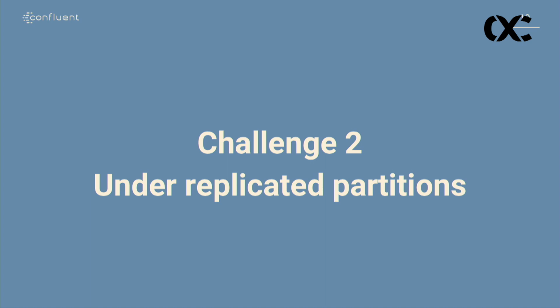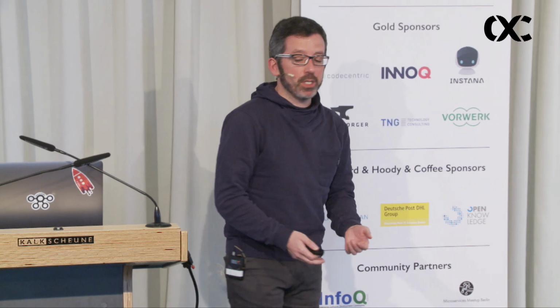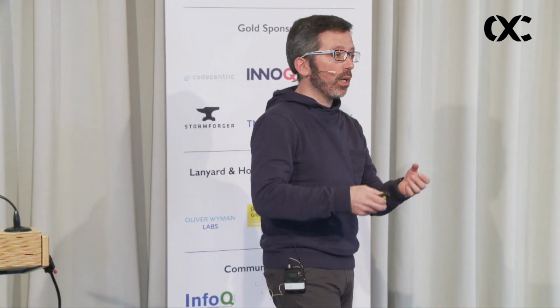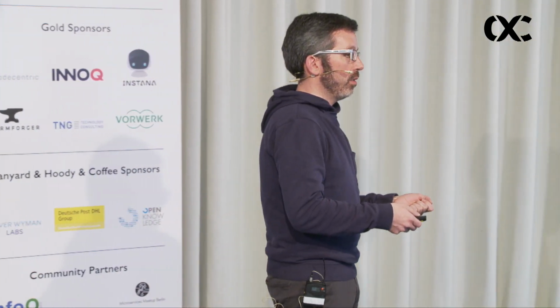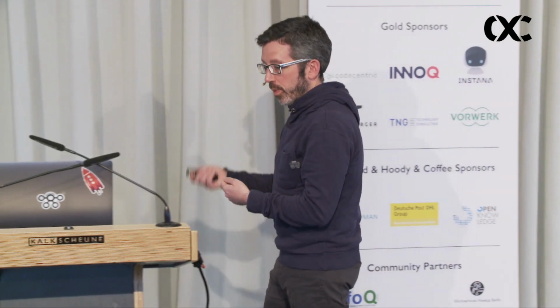The second challenge is to understand the replication, the under-replicated partitions. Because partitions get replicated, there can be situations where the partition is not fully replicated. So usually the way it works is all writes and reads go to the primary, to the leader of the replica. Okay? All writes and reads. So all the work is being done by the leader. Okay? Then the replication process kicks in. So whenever there is a write, the replica fetcher thread